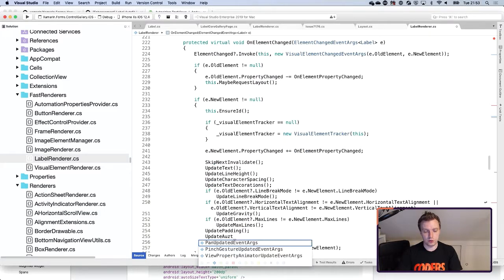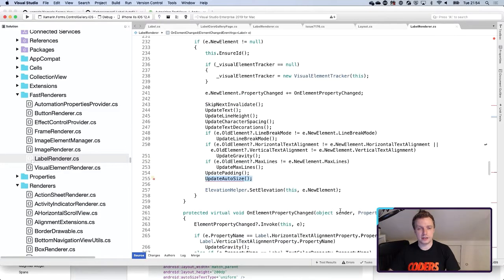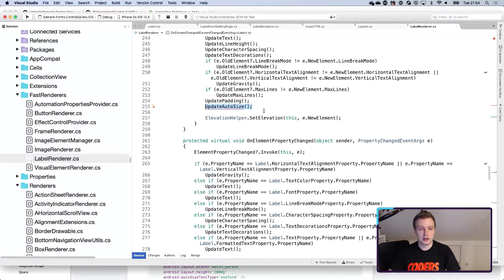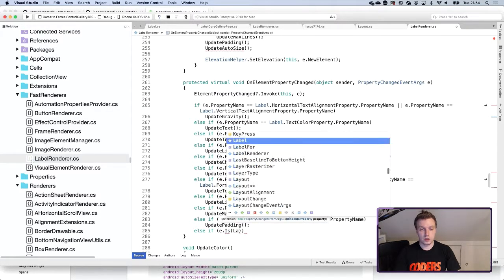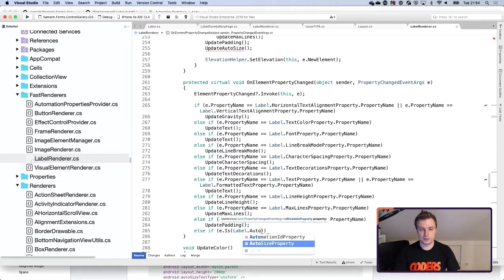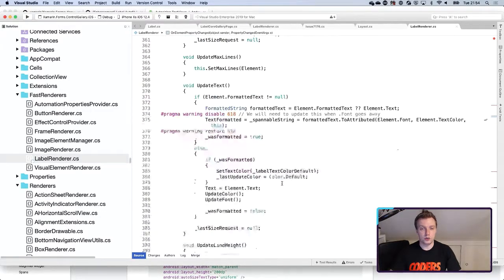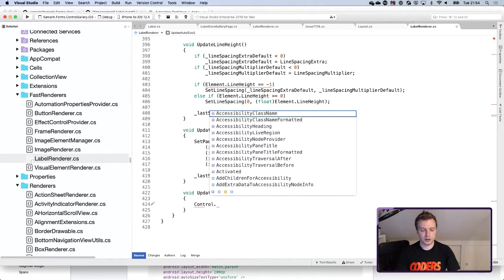So this is basically going to follow the same pattern as on iOS. And here also, else if E is, we have it here as well, the label AutoSize property. And then we also want to update the auto size. And basically we are going to do the same thing here as well. After the update padding, we are going to do this, and what was it? Control set auto